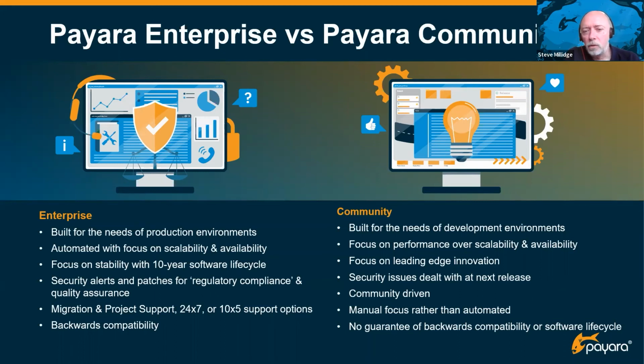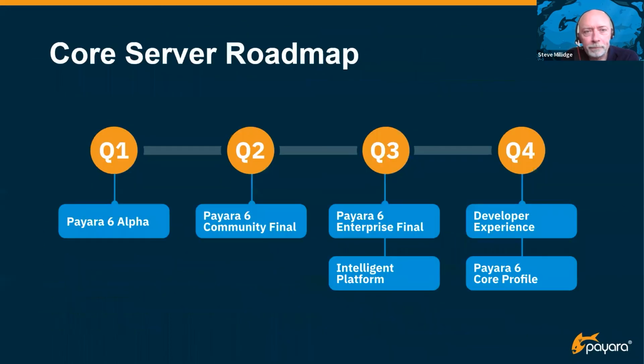Community is about tracking the core standards, functionality and runtimes, and APIs, to make sure that we can get those out as fast as possible to you in development environments. And then, when you come to take that application with the new APIs and you want to run it in production, then we want you to be running on Payara Enterprise. Even for the simple fact that we are funded by our customers, and the more enterprise customers we get, the more community development we can do, and the more we can track these standards. So that's our philosophy between how the two different communities work together.